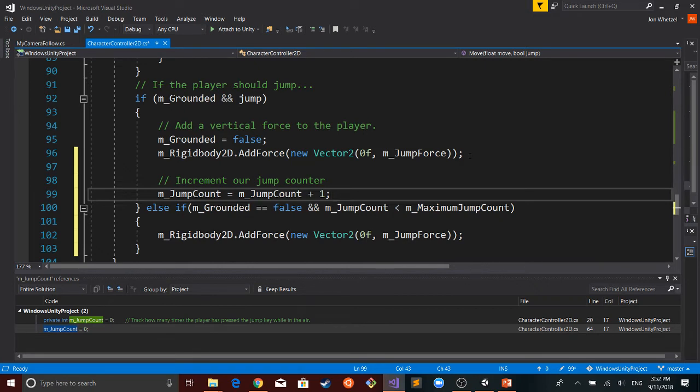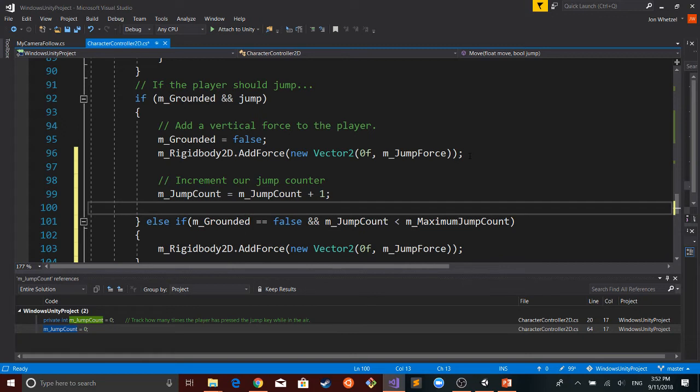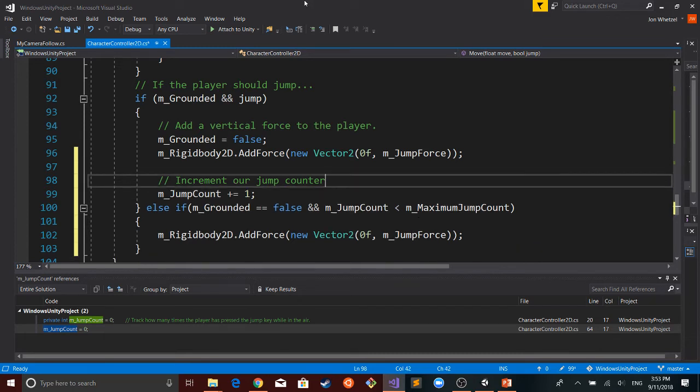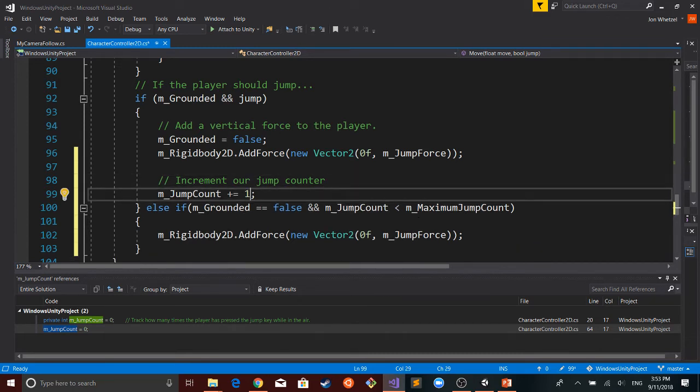So that increments the variable by 1. If you want to do it the shorthand way, it'd be m jump count plus equal 1. What that means is you're adding a value to the variable, which in this case is 1. So I'm going to remove that line, because if we kept both of them, then we'd be adding 2. We just want to add 1.